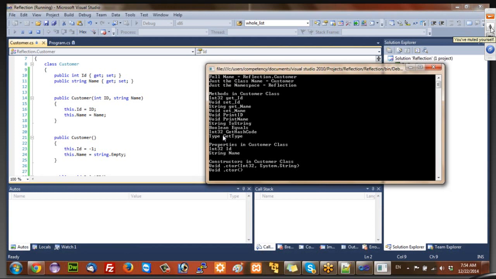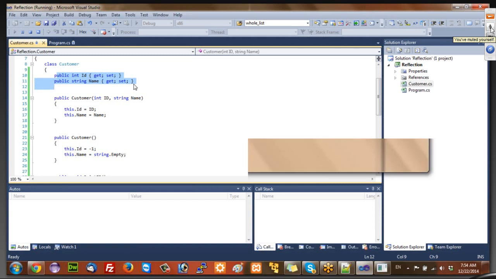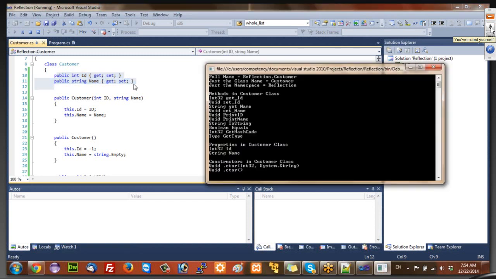So when we first introduced properties, I told you that it is a shortcut way for the developer to write these getters and setters, instead of manually writing get id, and in that saying return id, and then set id, and then defining methods like that. You just define the properties here. So you just define this, and .NET does the trick for you. It defines this get id, set id, get name, and set name functions for you,